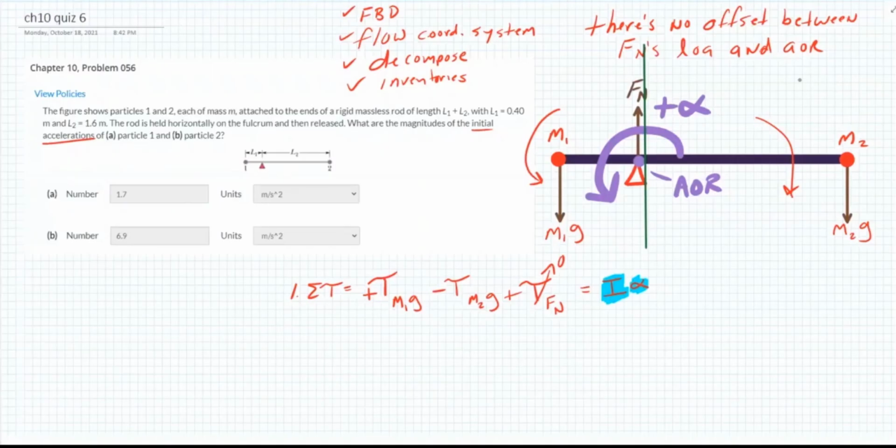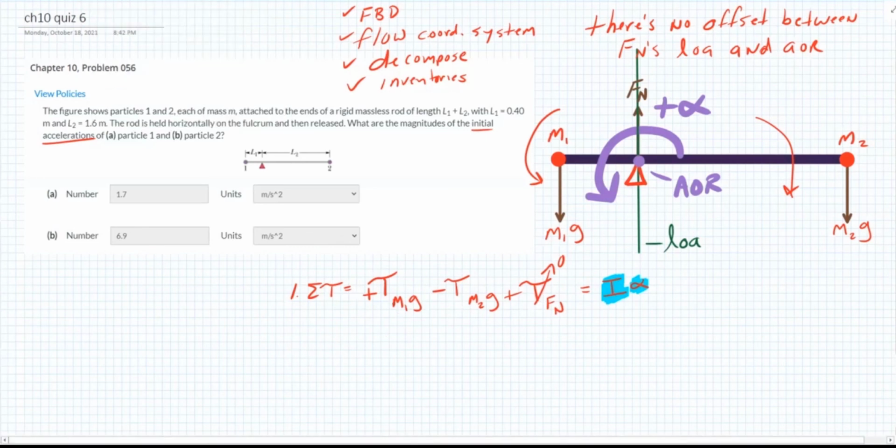There's no offset between the normal force's line of action, and here's the line of action, this green line. This green line is the LOA. It's the line containing the force vector. So there's no leverage. Fn has no leverage. It has no oomph, no torque arm, no lever arm, no offset. So that's why there's no torque. So step number 2